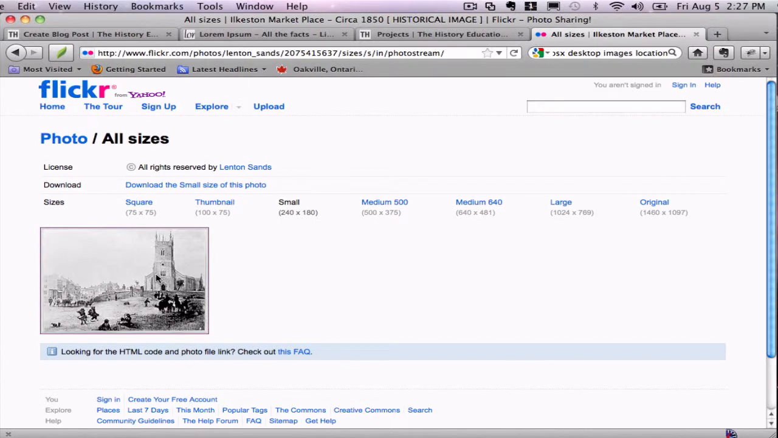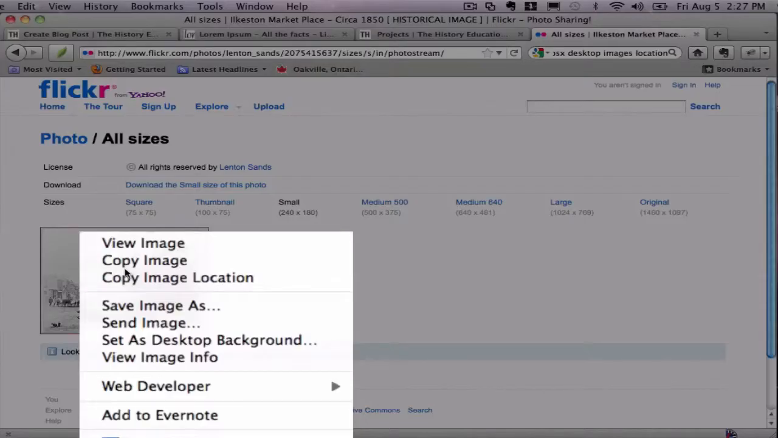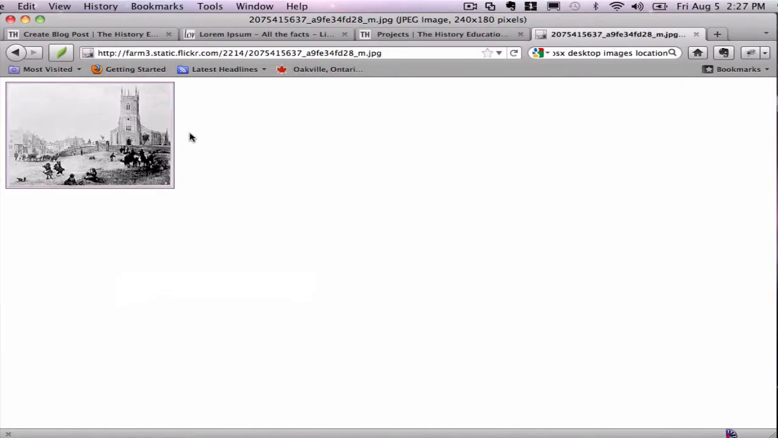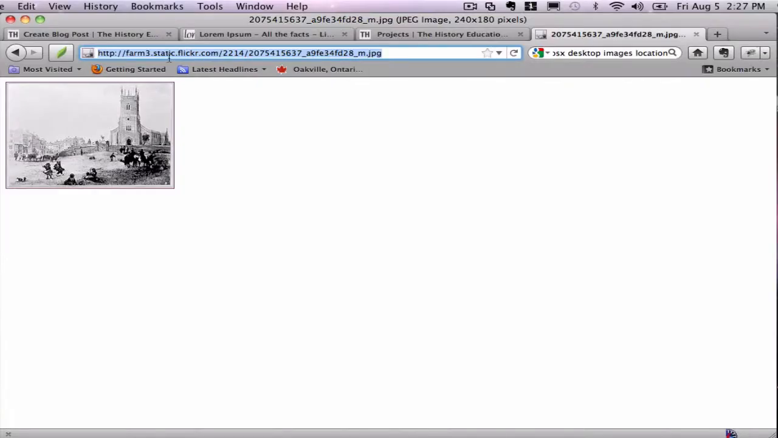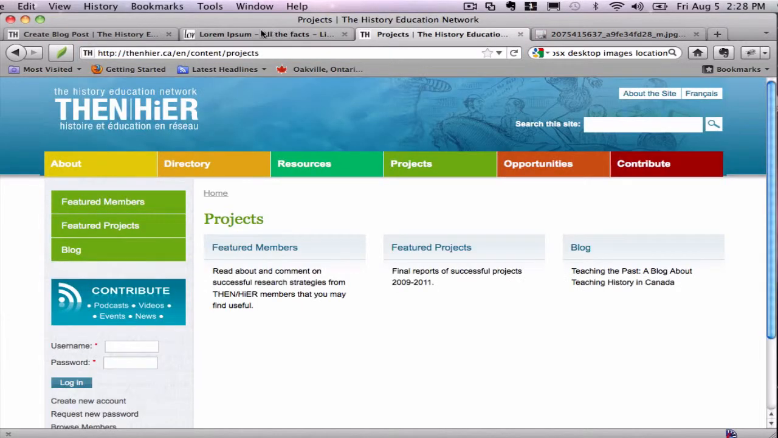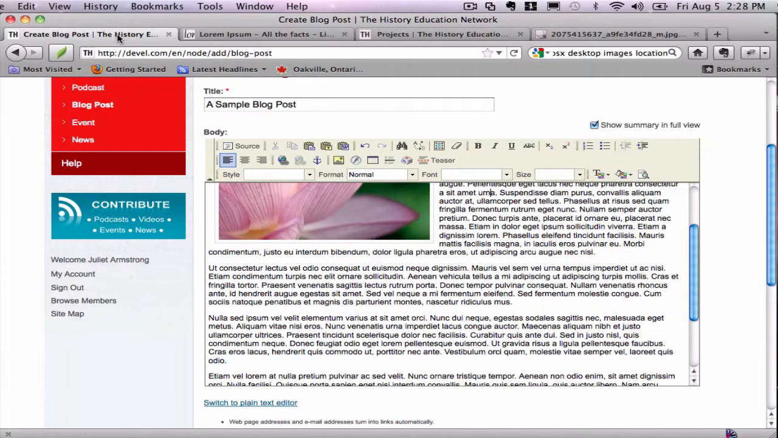And to get the image URL here at Flickr, you can Control-click and view the image, or you can copy the image location right now. But I'm just going to view the image to show you that you can browse through, and now this URL that's in the location bar is the URL for the image as it's hosted at Flickr. And you can Command-C to copy, or Control-C on a PC, navigate back to our blog post here,